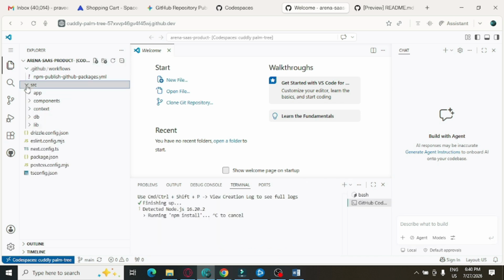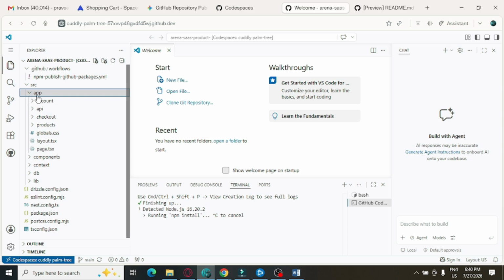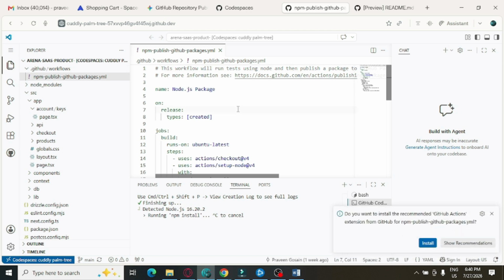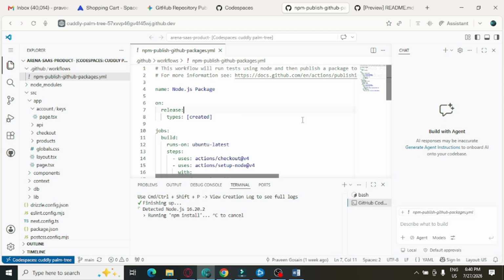You can expand it, and you can see all the files here. Everything is available here. You can open the file here. Any file you can open here. You can see the code. You can make changes here if you want to, or you can just type it here, and you can use it, or you can use the AI model. You can do anything. So I hope, friends, now you will be able to create your codespace project here